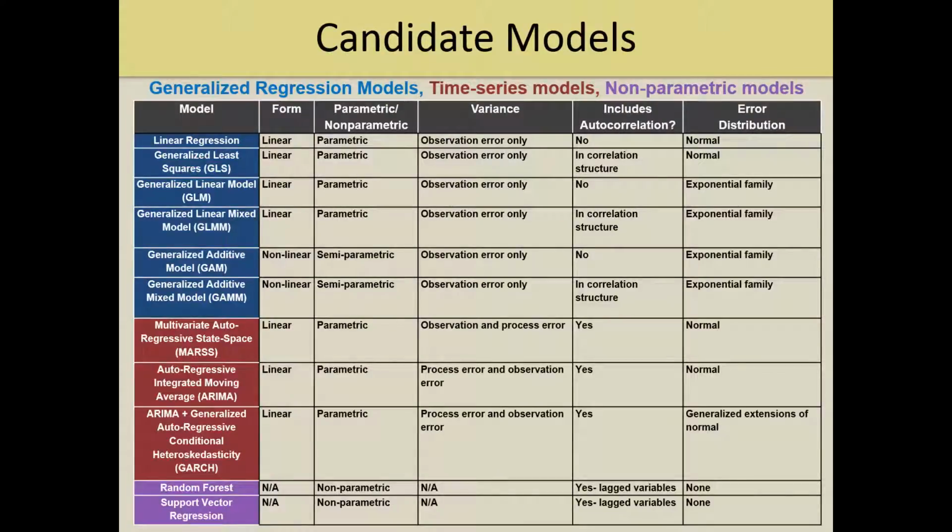Not to go into the detail of this, but this is just to give you a sense of the 3 groups of regression models that were used, color-coded, and the individual models that were used within the groups and how they might be representative of those groups. The rest of the table is looking at the form, whether they're parametric or non-parametric models, if they partition the variance, does it include an autocorrelation factor, and how's the error distribution? So you could search for your favorite model or just get a sense of the variety of tools